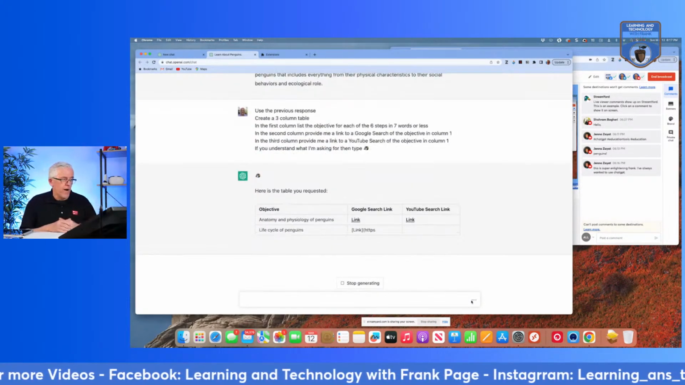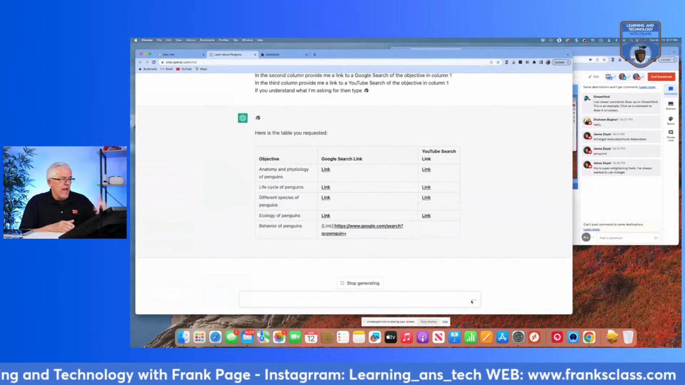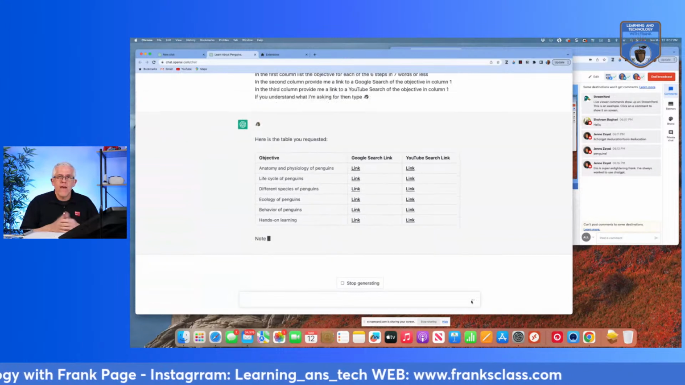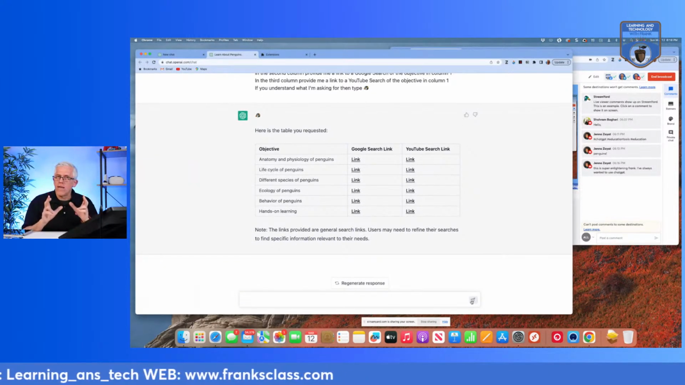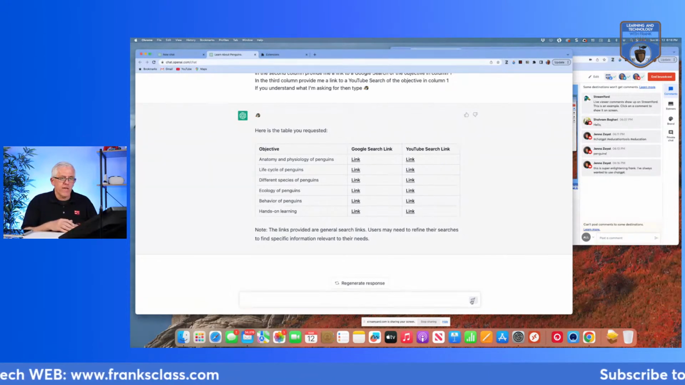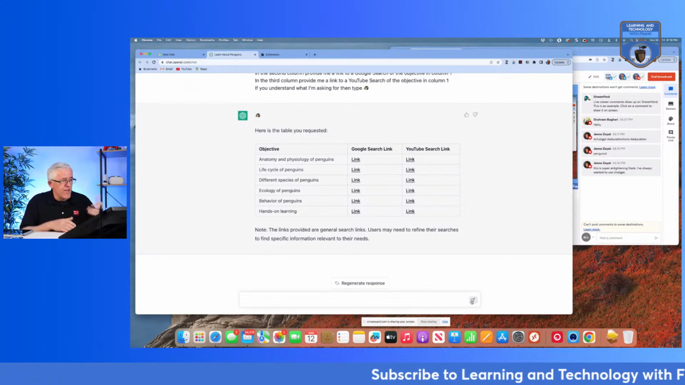So it understood what I wanted. There's the little penguin proving that it knows what I'm asking for. And here it is generating that table for me. So now what I've created is a little study guide. So this is my little penguin study guide that I'm going to be able to go through,